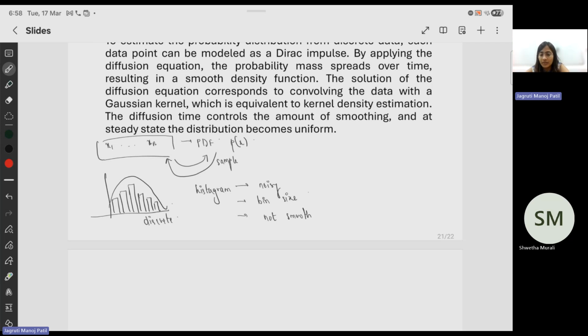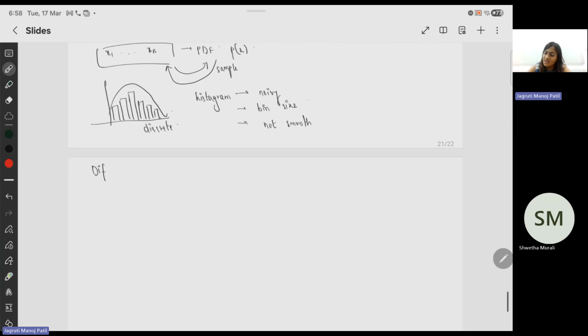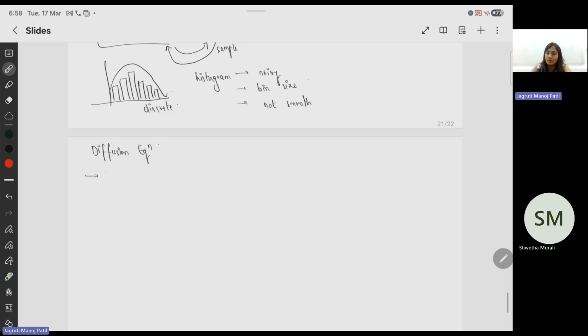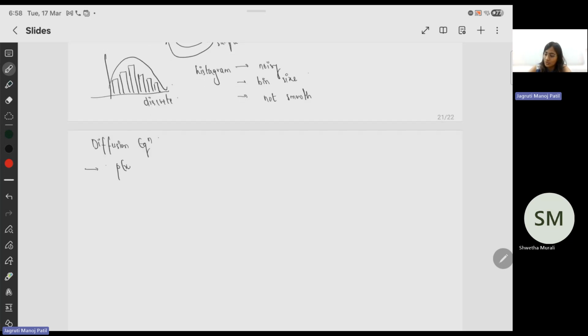The idea behind those smoothing methods is essentially what the Prof talked to us about, the diffusion equation. Where does the diffusion equation fall in here? I'll tell you if it was not clear. We know how to represent a Gaussian distribution. With the mean x and standard deviation of 0, I can write it as 1 by n of summation of, and my input function is delta. From your Fourier analysis, you know that a delta involves all frequencies, a multiple combination of sines and cosines. So delta of x minus each and every individual sample. This is my Dirac delta function.